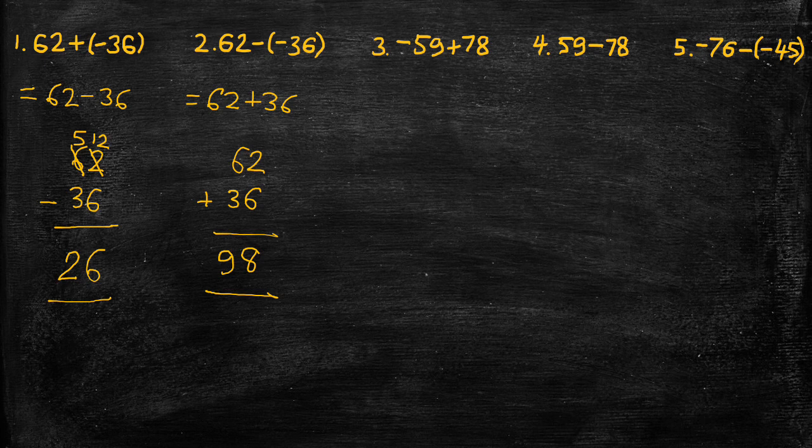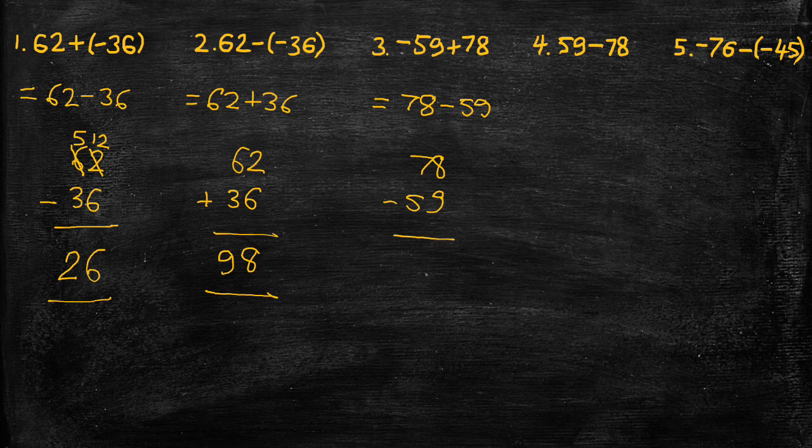Next one, minus 59 plus 78. So the way to solve that is to recognize that this is a subtraction problem, and we can make that more explicit just by writing the numbers in a different order. Put the 78 first, subtract 59, and then we can see that just by applying the standard subtraction algorithm we